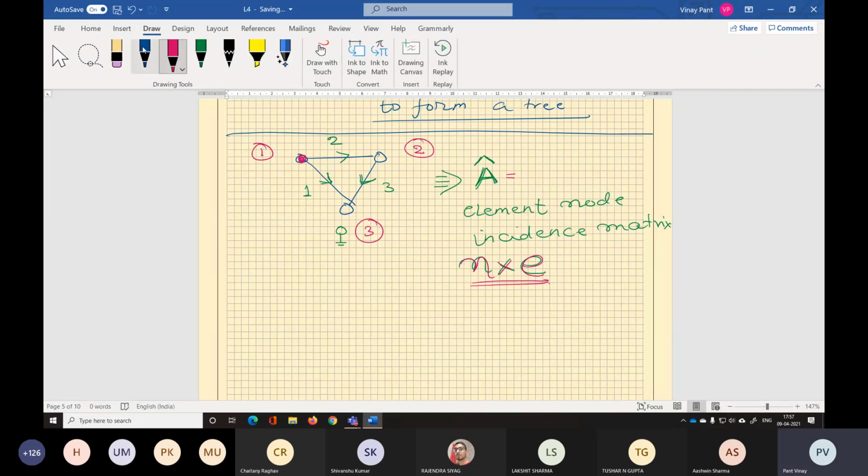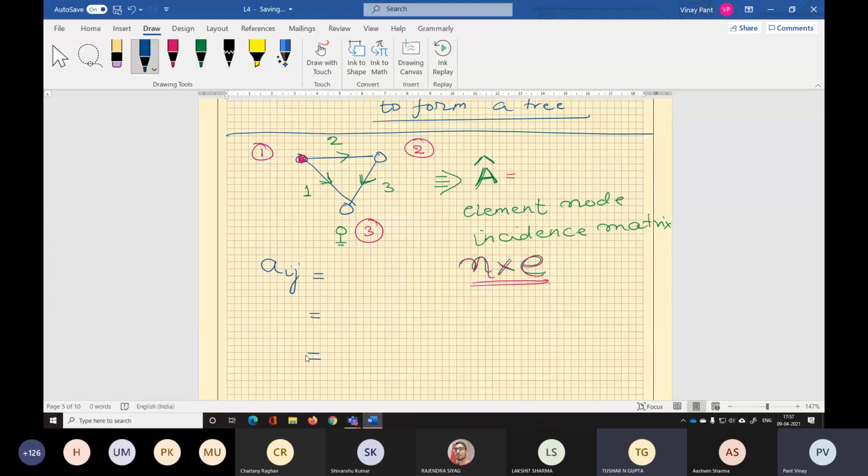Now this matrix will have elements a_ij. The elements of this matrix can have 3 values. Now you can guess what those 3 values are. Resistance, voltage, and current? Then there is no resistance, no voltage, no current.